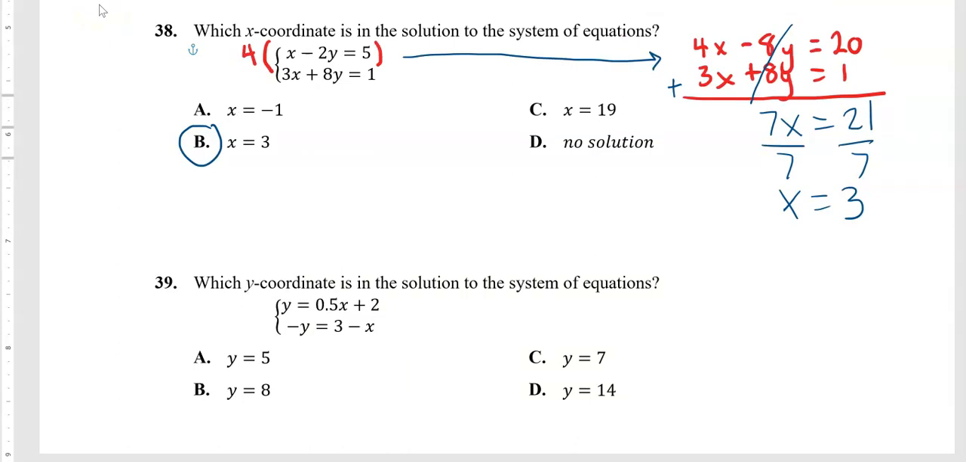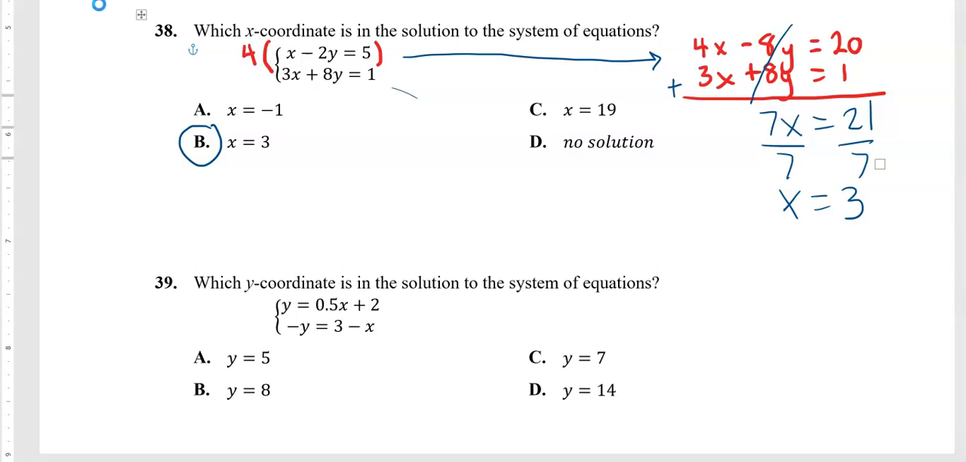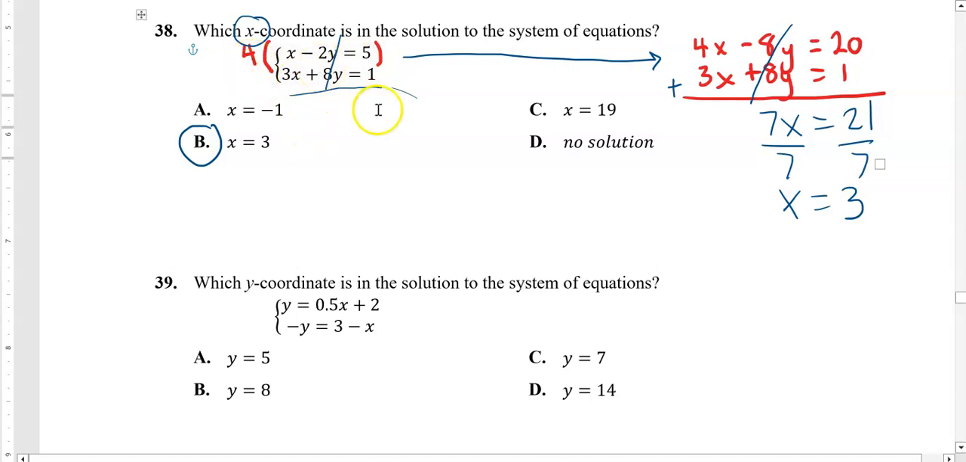Number 38, we're solving for systems of equations again. In this case, we are going to use elimination because our equations are set up in standard form, so it's going to be easier. We are also only looking for the x-coordinate, so if I can eliminate my y's, then I know that I can find x a lot easier. So what I did was I multiplied just my top equation by 4 so that I could eliminate my y's. So over here, when I did 4 times x, I got 4x. 4 times -2y is -8y. 4 times 5 is 20. Then I added my equations here, and so my y's were eliminated, and I got 7x equals 21. Divide by 7, and you get x is 3, which is